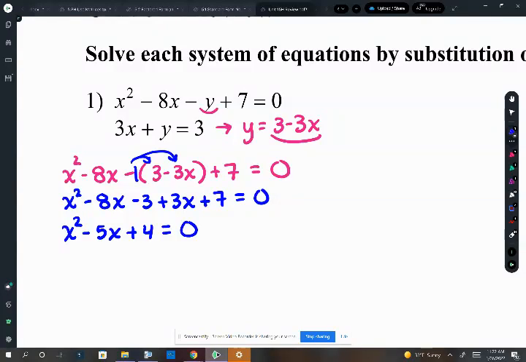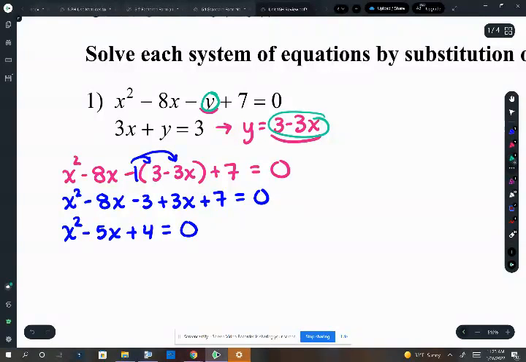So with number one, I got interrupted, so I'm just not going to write it all over again. But the idea is we want to make sure that the y is by itself. So we're going to subtract the 3x over, and so that's how I'm getting the 3 minus 3x. And then I'm going to take that 3 minus 3x here, and I'm going to put it in the y spot in